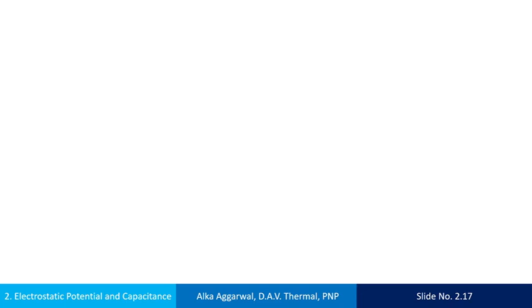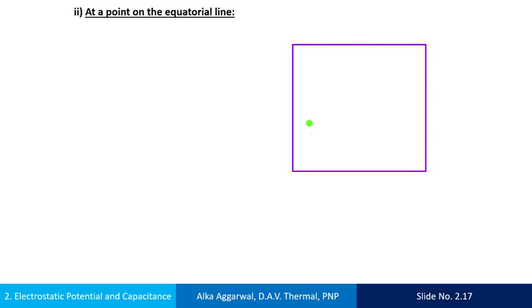Hello. Today we start with the potential at a point lying on the equatorial line of a dipole. Let's consider a dipole consisting of the charges minus q and plus q having a dipole moment p, and O is the midpoint of the dipole. So OA is L and OB is also L, as the two charges are placed at a distance 2L. Q is a point which lies on the equatorial line of the dipole and is at a distance y from the midpoint.